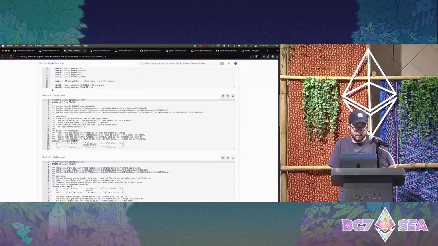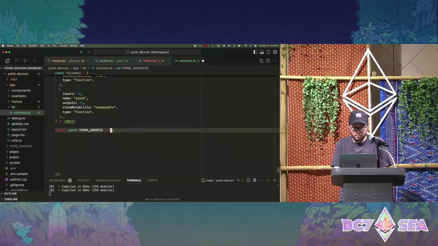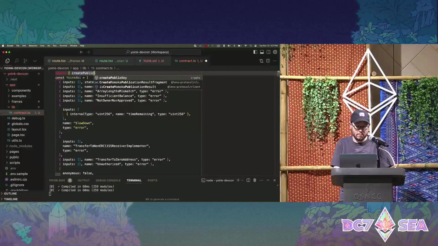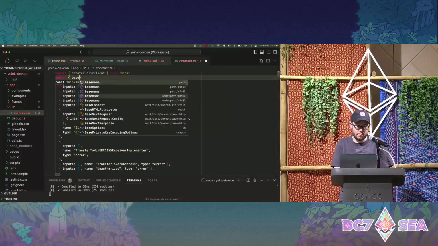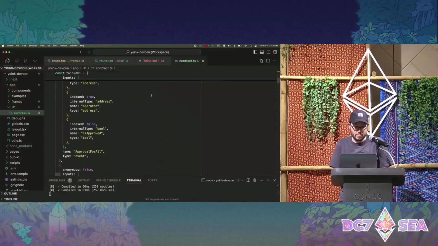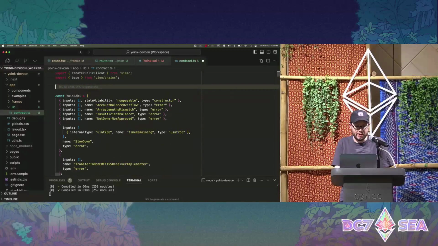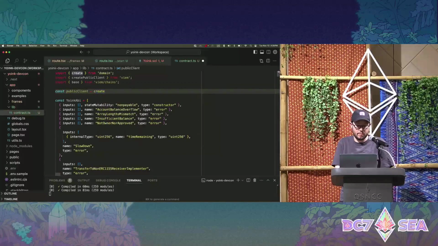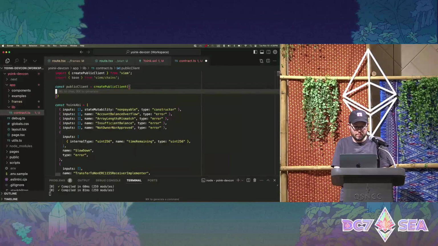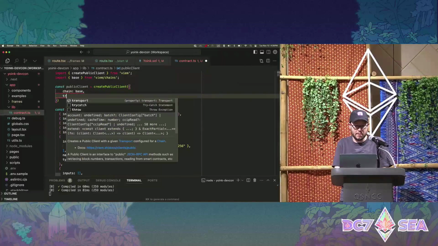And let's get the contract address. All right, and in order to interact with it using viem, we're going to create a public client here. Connect it to Base, and we'll use the HTTP transport by default.